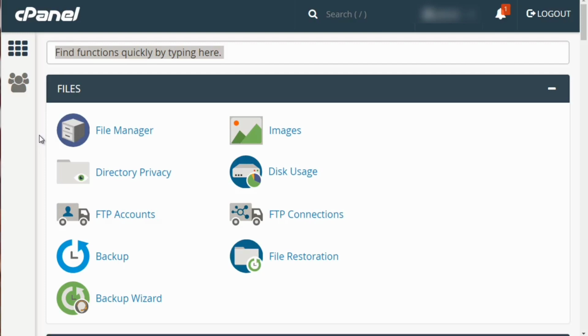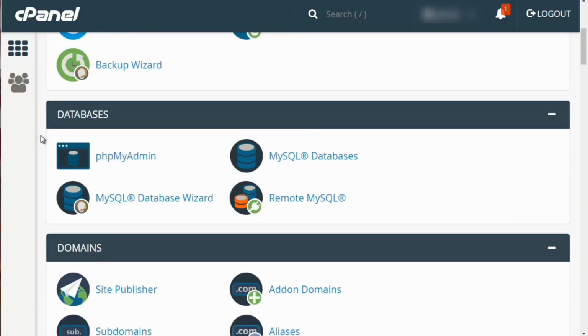So to create a MySQL database, it's super easy. Let's start at the top. Make sure that you're logged into your cPanel, and what you want to do is scroll downwards and look for databases. If it's different, then look for the MySQL database wizard, and this will walk you through step by step. It's the easiest way to go. So first things first, click on this,